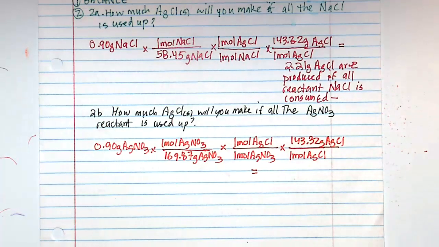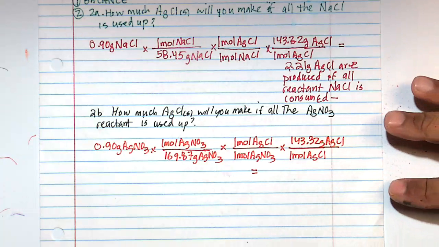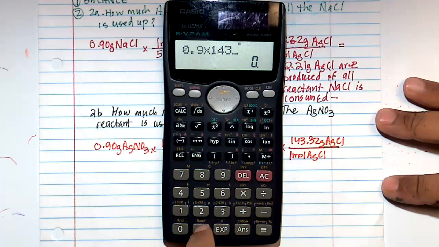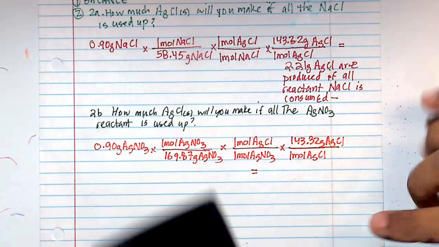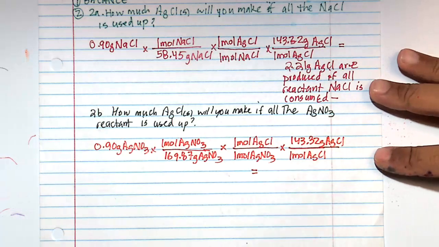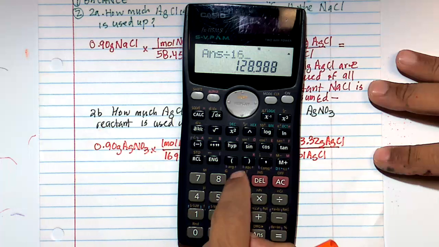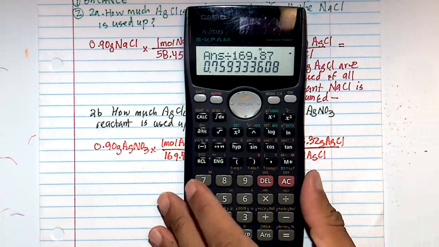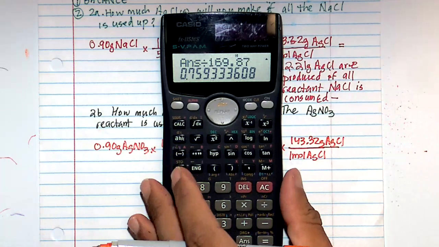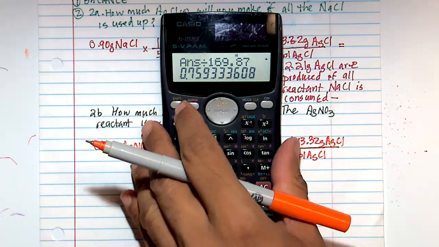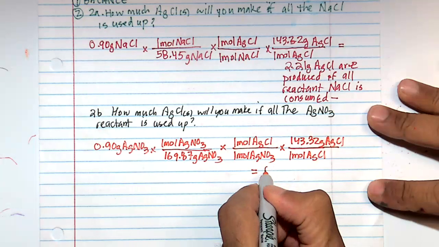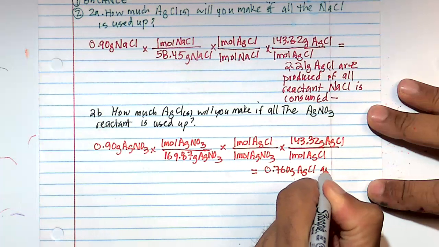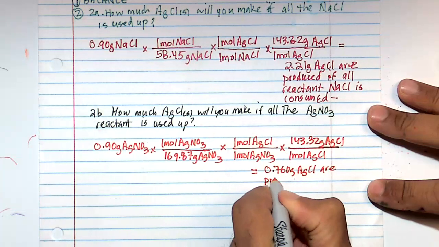All right, let's do this on our calculator. 0.9 times 143.32. Okay, we divide that by 169.87. 0.759 or 0.760. I'll round it up. So 0.760 grams of AgCl are produced